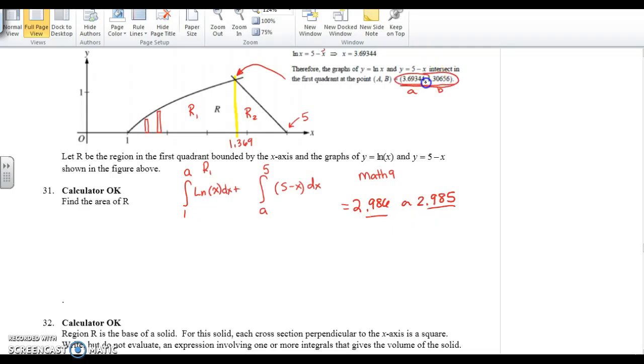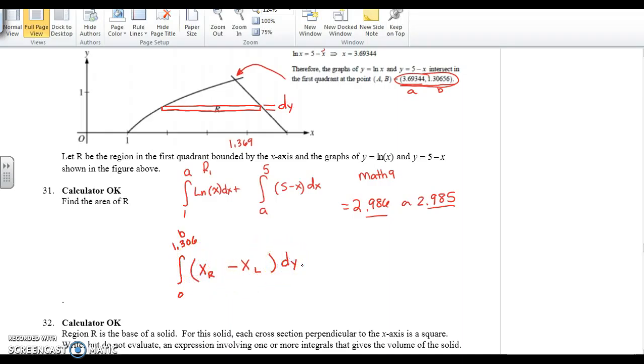Now there's another way to do this problem, and that could also be to horizontally integrate this with rectangles running across. Our height would then be dy. Now we'd be integrating from 0 to this 1.306 or b, and we'd be going from the right curve, which was x on the right minus x on the left,